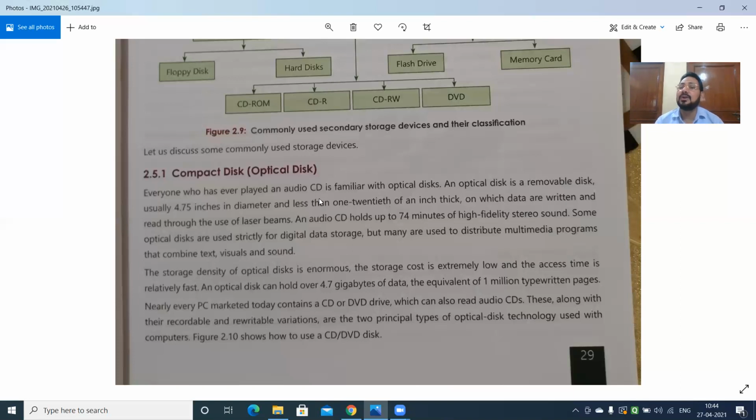You can write also, and for that, at first we had Nero Express to write data onto the CDs or DVDs. But in today's operating system, Windows 10, you can directly copy paste to the CD or DVD, and the data is written on it. Previously, this facility was not given with Windows 97 and all. There we had to use special software, Nero Express, to write it.